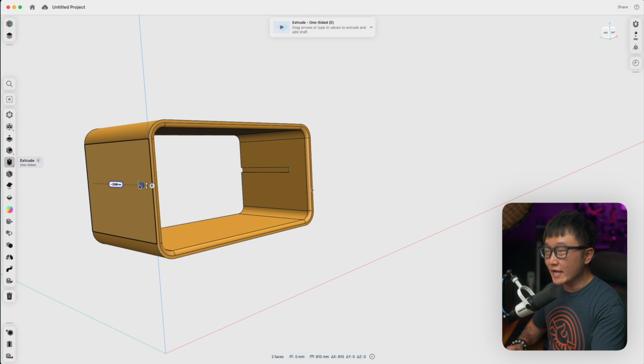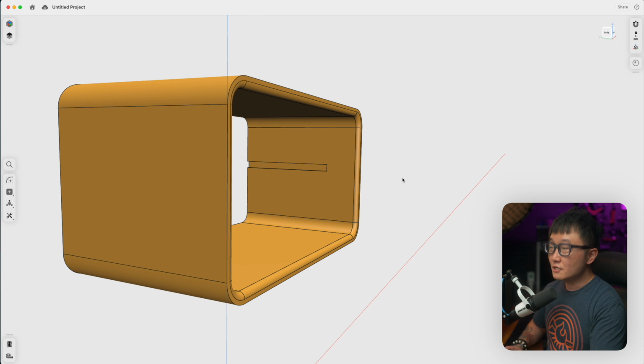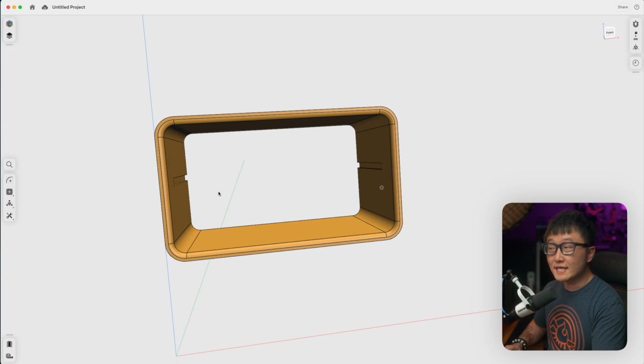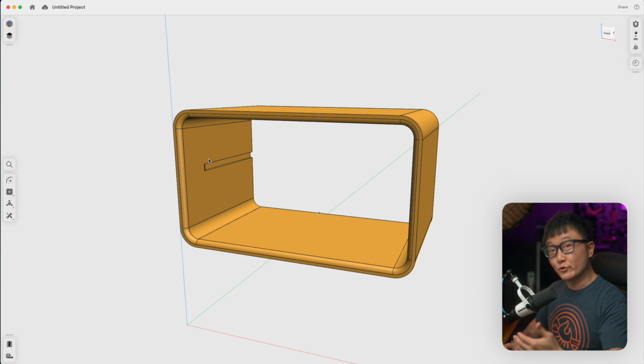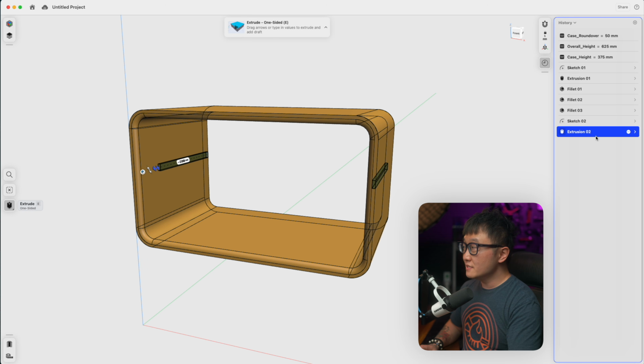So let's just drag it to some random value for now, which is 280 millimeters. It really doesn't matter. And let's click anywhere to finish up the operation. So since we're using parametric modeling with variables, let's constrain that depth to always update with the depth of our case. So let's go back to the history sidebar, and we're gonna go to this last extrusion that defines the